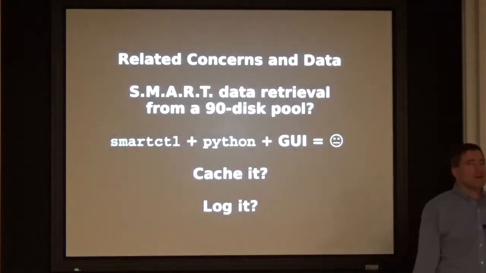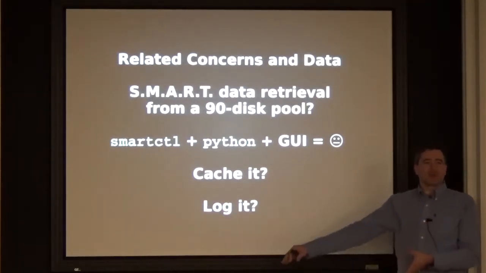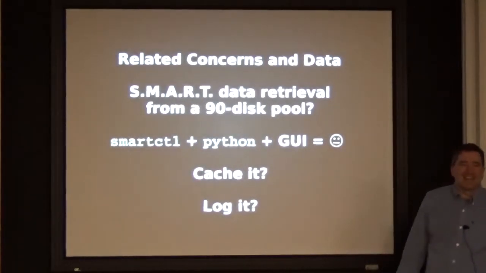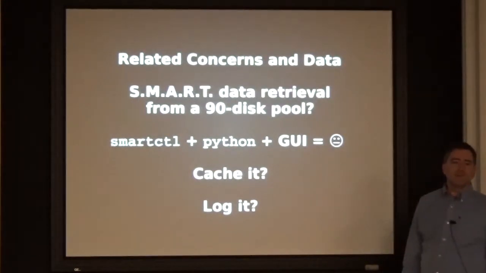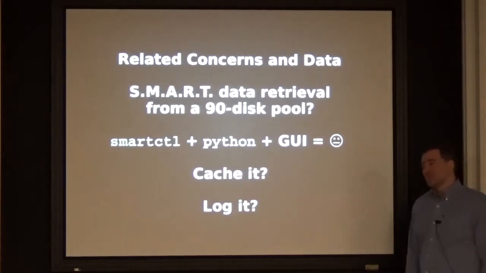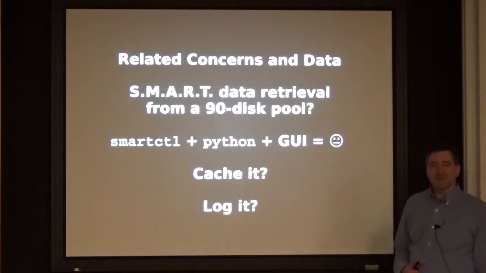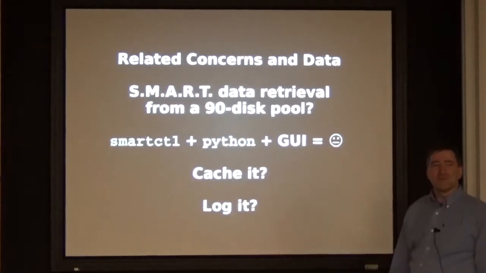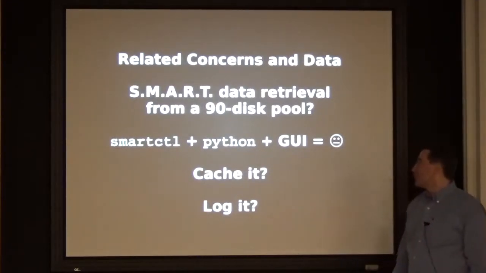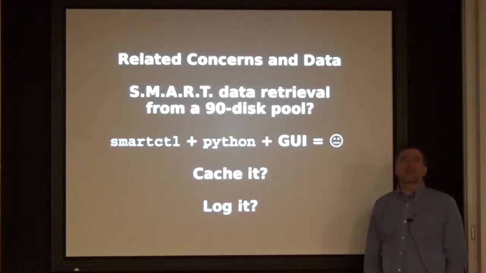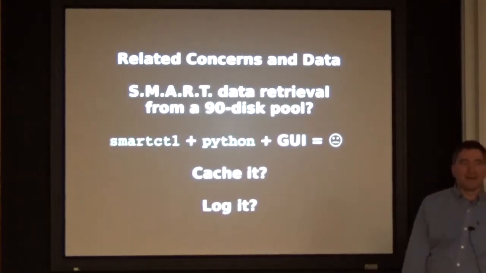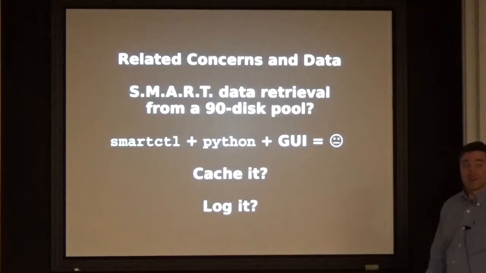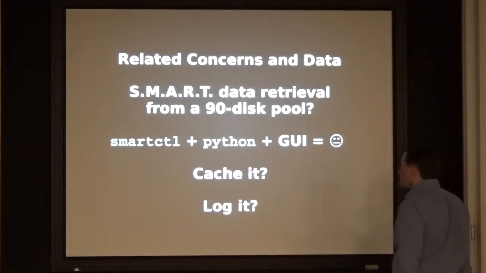So, working with FreeNAS developers, you may have seen a recent picture of this magnificent 90 disk array with Allan Jude standing next to it. And here and now, people still use S.M.A.R.T to query each disk, typically parse it with a language like Python, present it to a GUI. And when you start multiplying the number of seconds, hopefully not minutes, per disk, you quickly end up at best with something that will really frustrate the user. Just a long wait to say, okay, what's going on? I want to know, but perhaps not that bad, because I'm simply waiting for 90 disks to respond,